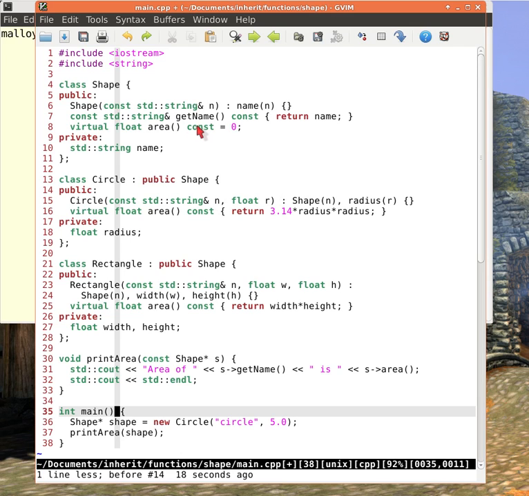because it's a virtual function, the compiler looks at the type of the object